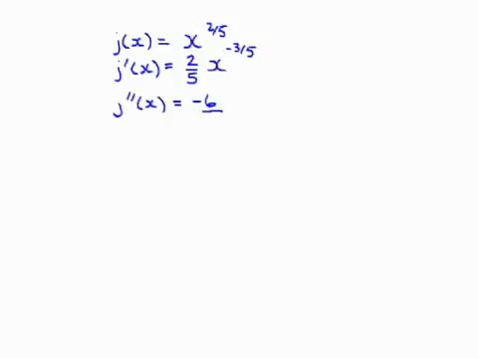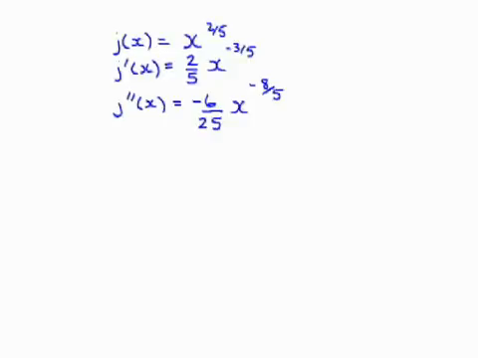In this particular question, we've been given the irrational function j of x, which is equal to x raised to the 2/5, and we've been asked to determine if this function has a point of inflection. Well, we start by taking the first derivative, j prime of x, and from there we take the second derivative, j double prime of x, and we find that it's equal to negative 6/25 times x to the negative